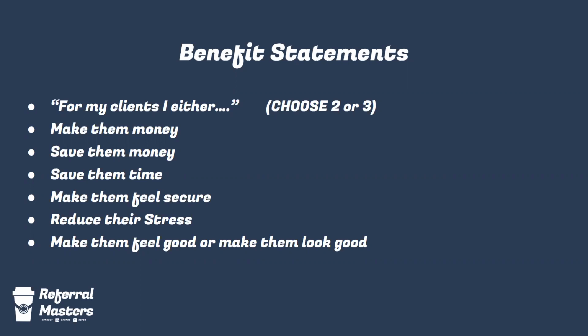Okay, so I want you to just write these down really quickly, and then on the other side of the paper, write how, and then jot down some ideas, because if we get this part right, it really conveys to the other members what you specifically do, outside of just like I sell flowers or I sell real estate. Those are really broad, and we don't want to be too vague or too broad, because then it doesn't give everybody else in the group that good opportunity to be referring us business.